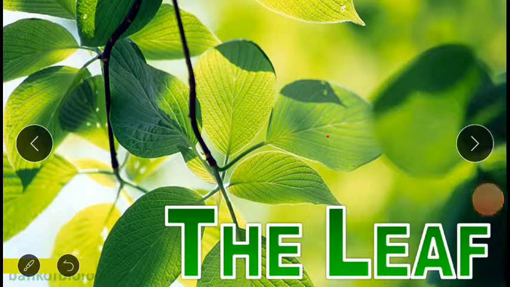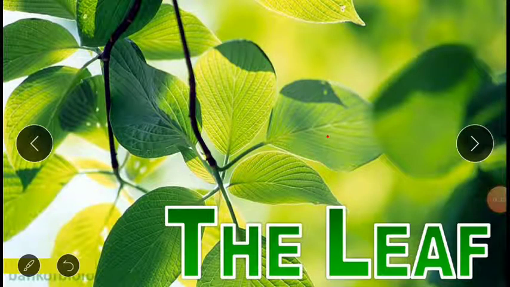Hello students, in my last video we have studied the root and the stem. That is, we are studying unit 2, structural organization in plants and animals. In that we have started with chapter 5, that is morphology of flowering plants. Morphology of flowering plants means we are studying the external features of the flowering plants, that is your angiosperms. So, we finished the root and the stem.